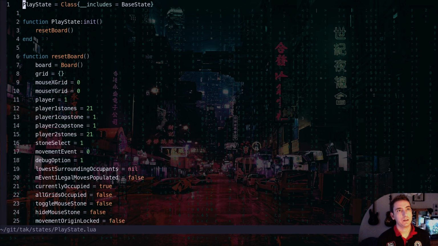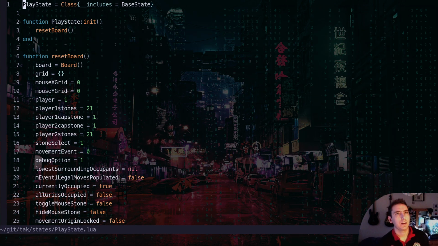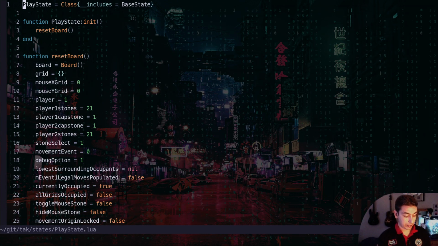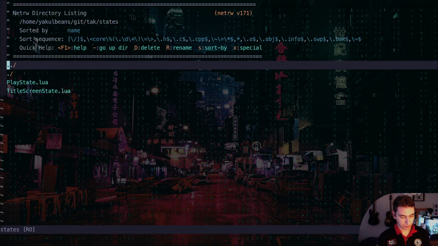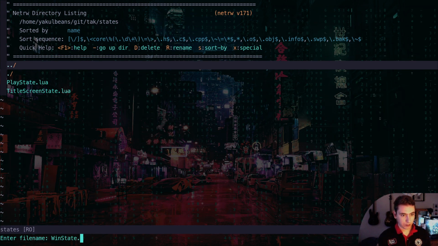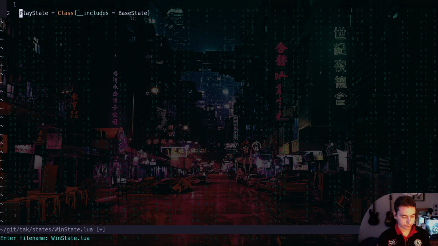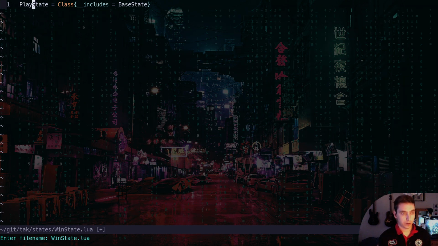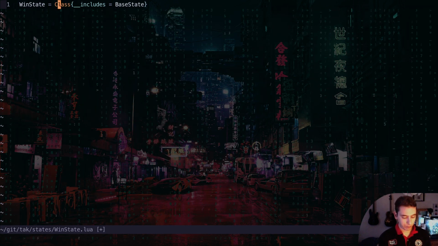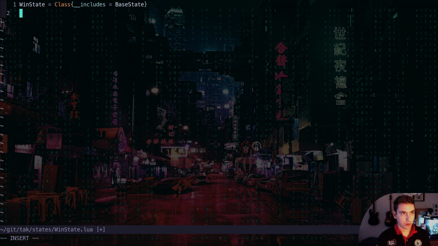Anyways, we take a look at our play state. We need this sort of line where we say our state gets a class of a base state. Then we can use our state machine to actually change it. So let's go ahead and go back here, make a new file, and it'll be our win state. And that win state will include a class. It'll inherit the base state, and then we'll be able to give us